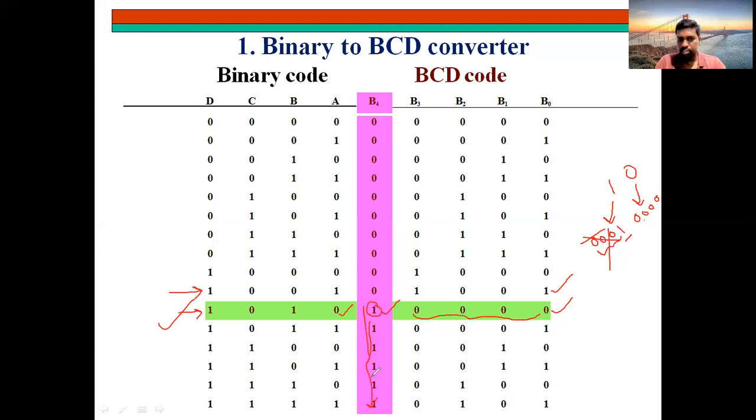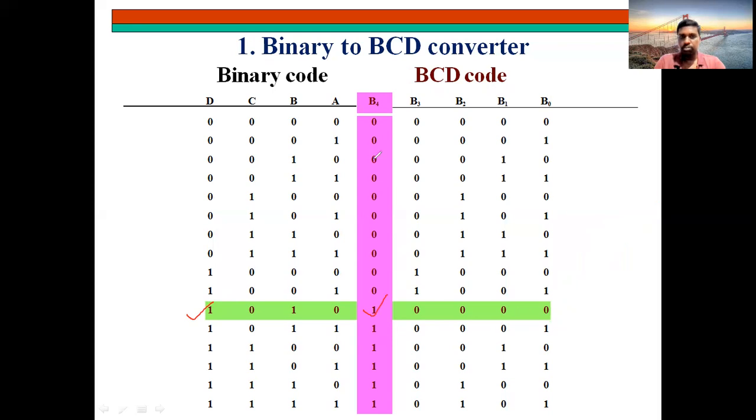Why? Because from here onwards we are starting 2-digit numbers. Okay. So B4 is the extra column which will be added from this particular section. From here only you will get the extra column B4. Until then, until 9, you will have only four columns. These four are enough for 9, and from the starting of 10, this B4 will be added. That's why I added this pink color. This is a special line which is involved from the 10th input. From this green color combination, this pink will start activating.